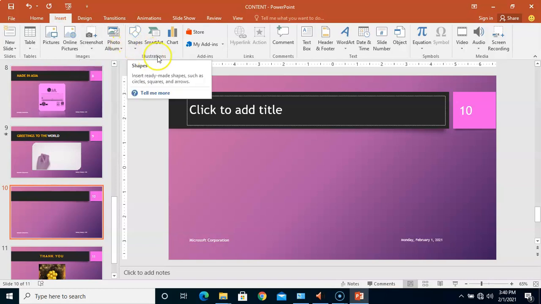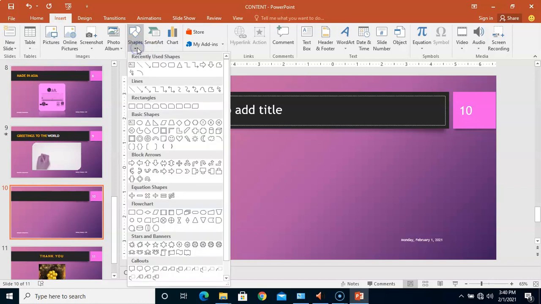Shapes. Come to the illustrations group, then go to shapes. Then right here, the same way you drew under Microsoft Word, you could do the same thing here. Do you understand that? So let's say we want to draw something. What should we draw? Okay, maybe something like what we did the other time. A callout,